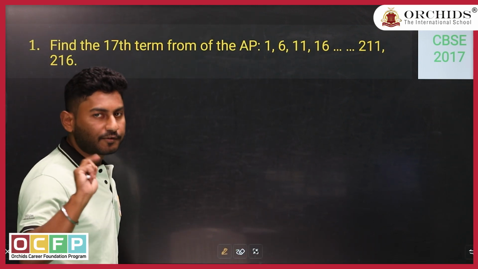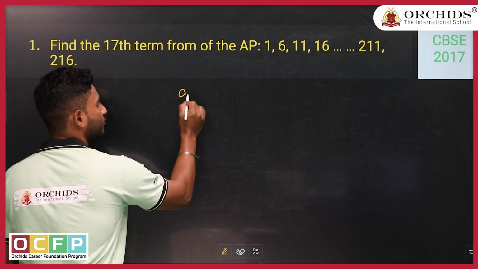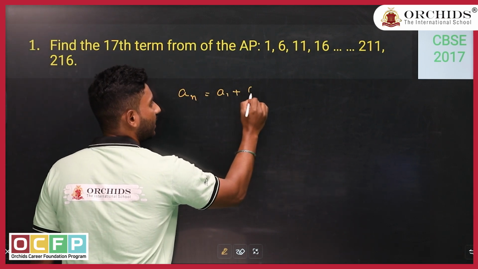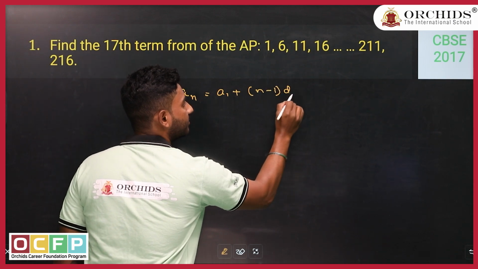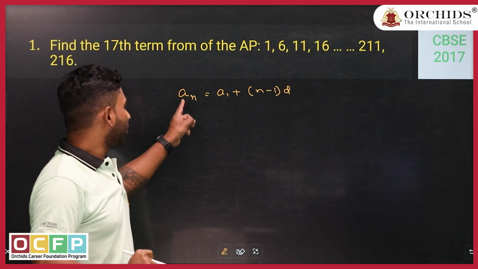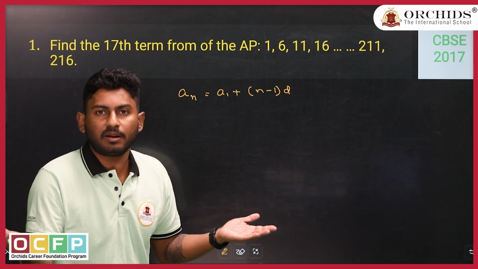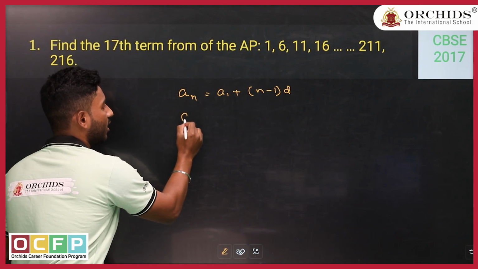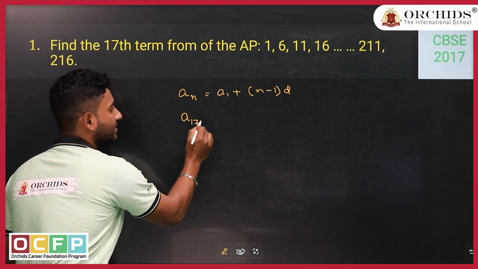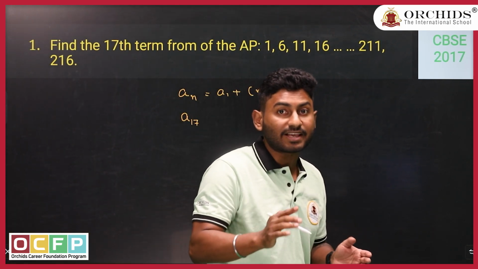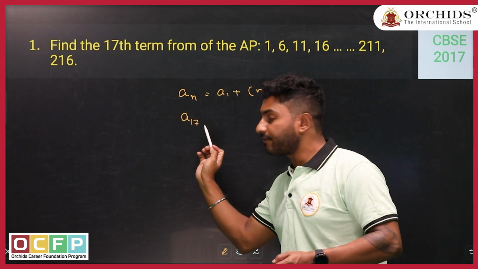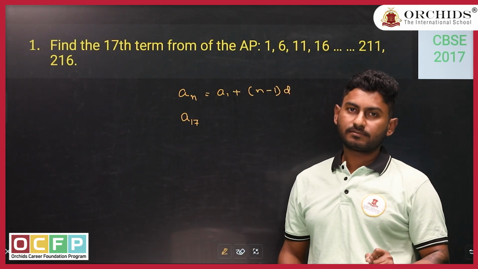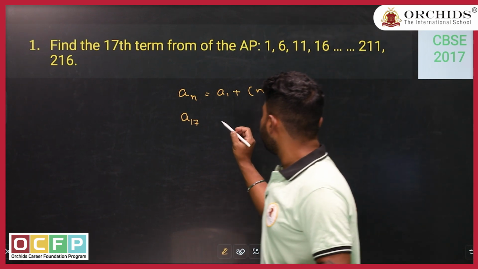Fine. I have one formula. Which formula? The first one, if you remember: an equal to a1 plus (n minus 1)d. Right? So what is an? An can be any number. Suppose here they are asking for the 17th term. So in place of n, I will write 17, because I am finding the 17th term. So this A17 designates the 17th term of the AP. So don't get confused. So A17 equal to